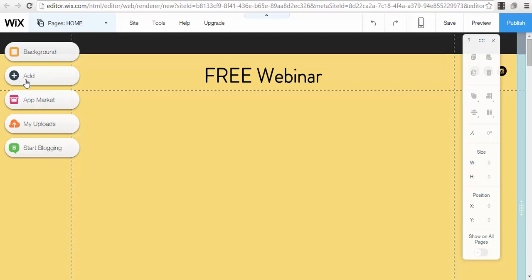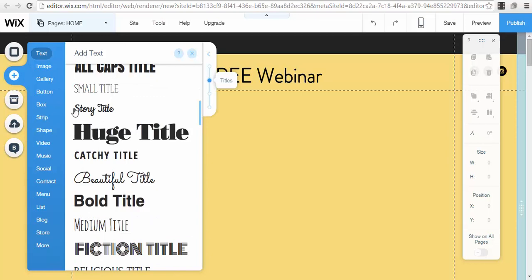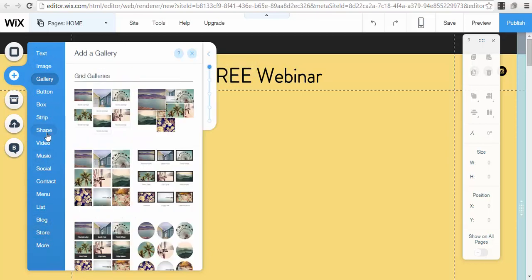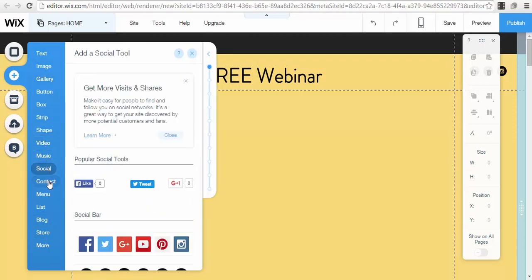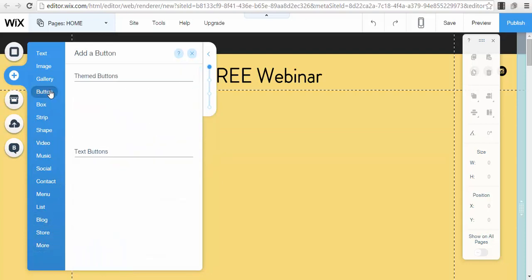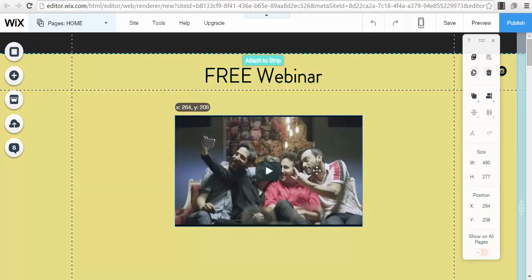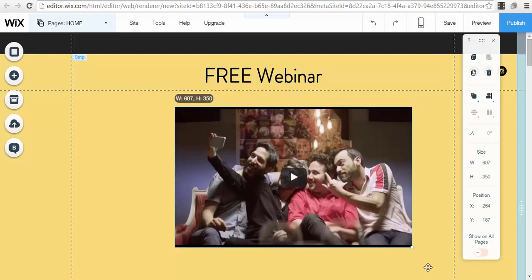Now you go to this option here, the button add, and here you have different options: shape, video, music, social, contact, menu, list, blog, more. You go to the video part and you select, for example, YouTube. That is if you want to embed on your page the link that your Hangout or your webinar will have for YouTube. So you just press the YouTube button, you select the size that you want,